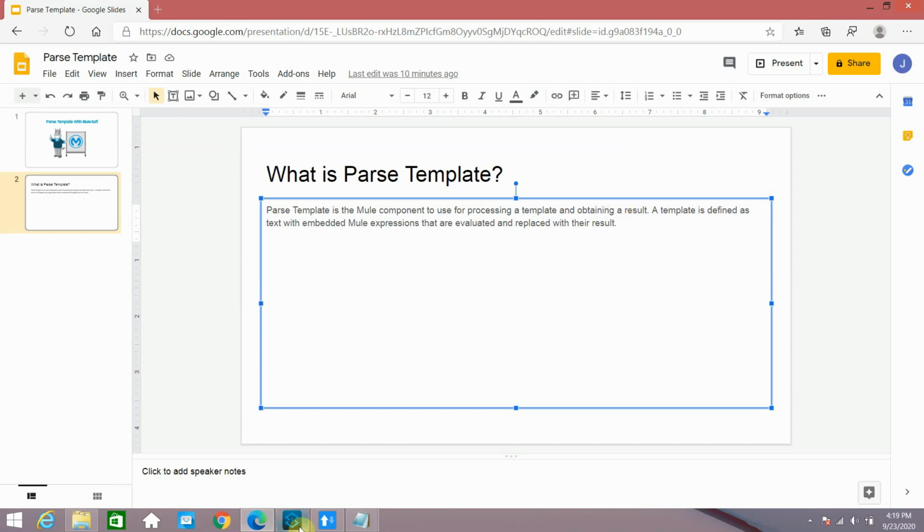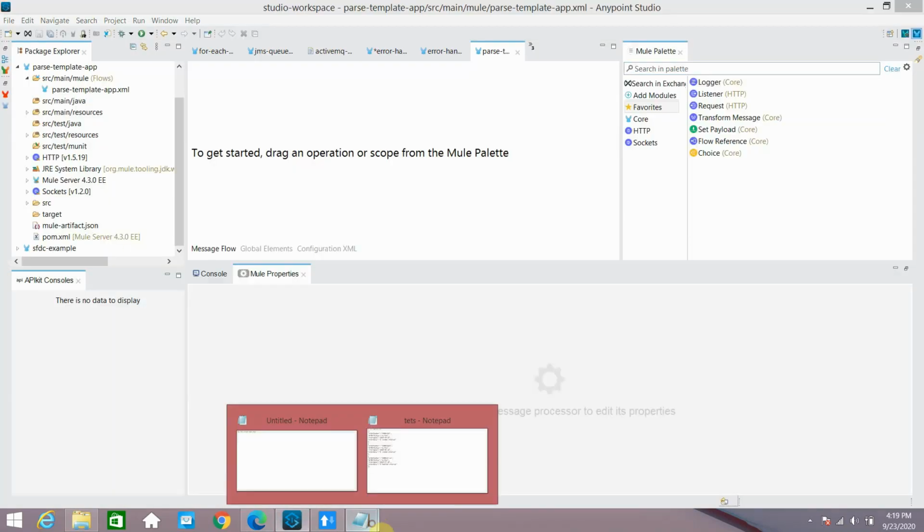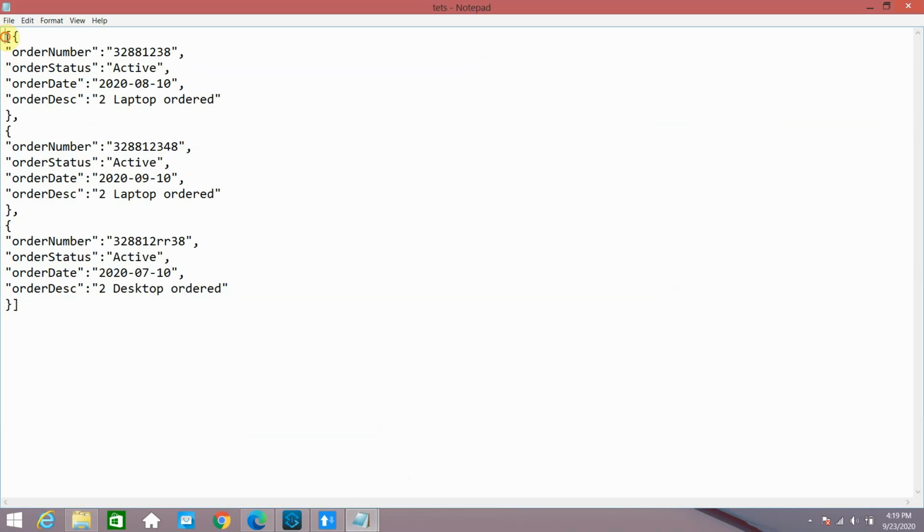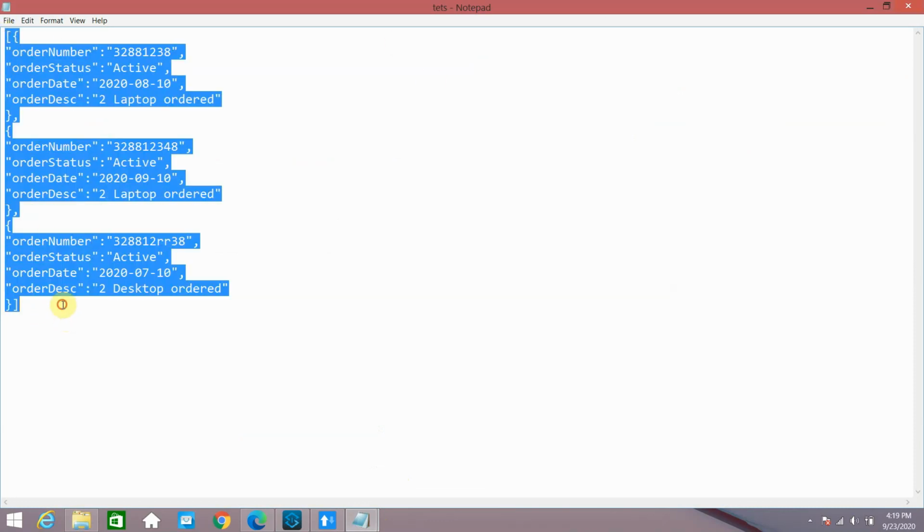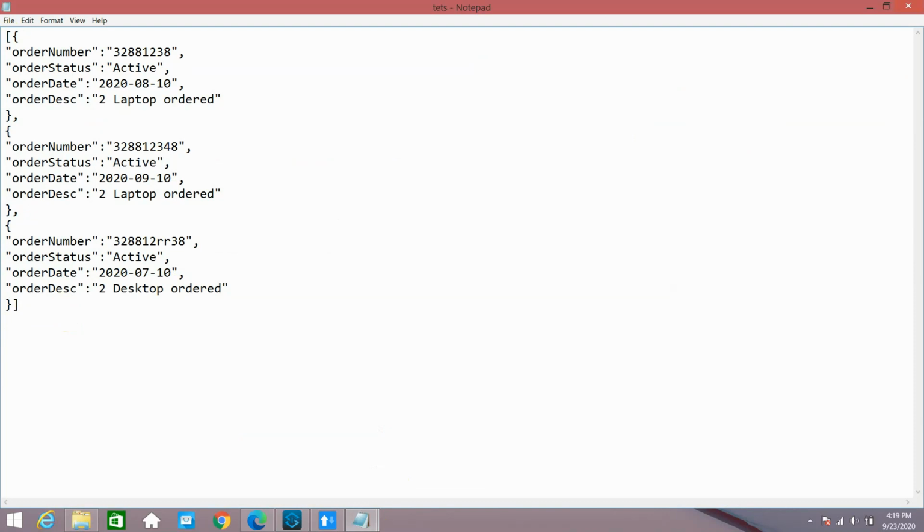Let me go to the Mule application. I have this particular payload and I want to generate HTML out of it. So I can write the HTML, and these values must change dynamically, which I will show you.